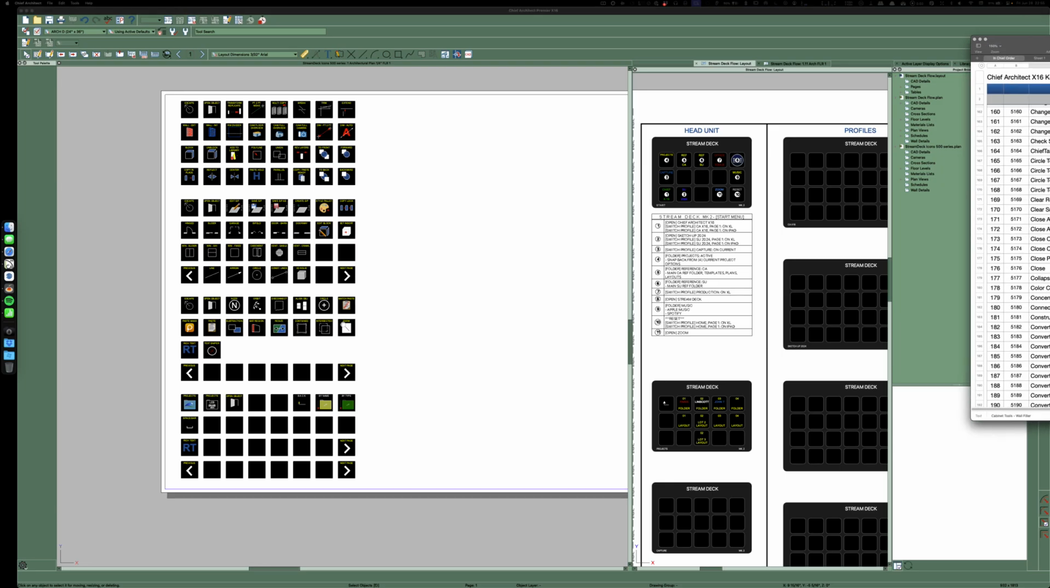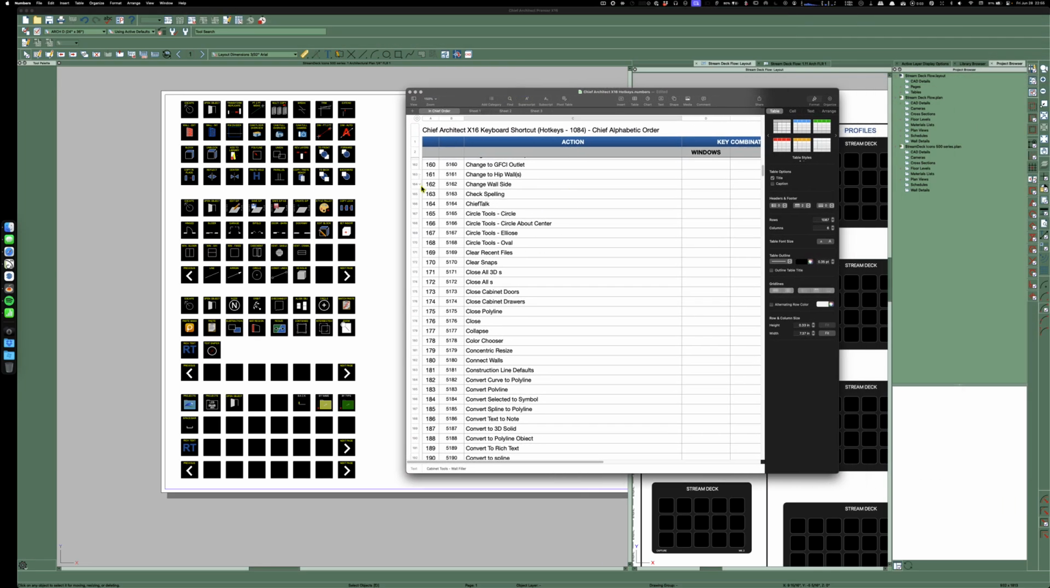Okay, here's another quick one. This is the list I made of all the Chief Architect hotkeys, keyboard shortcuts, whatever you want to call them. I started at the top with 5,000, like 5001, and I just numerically increased them by one all the way down. So there's 1,080 something keys, and I'm typing them in using the top row of the keyboard because when